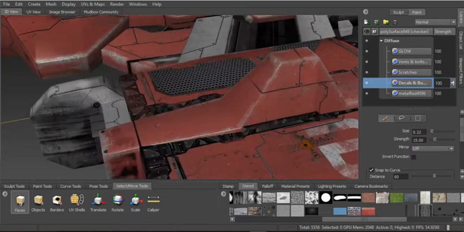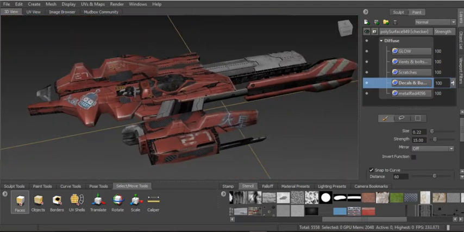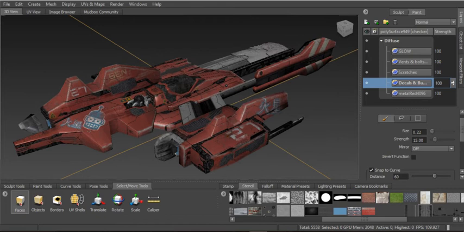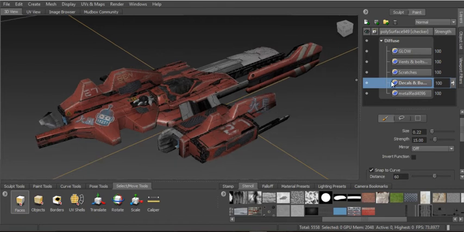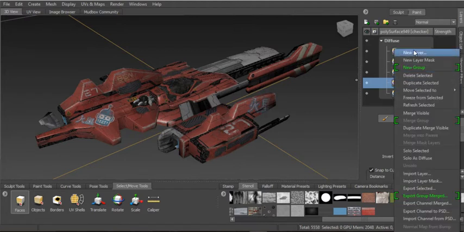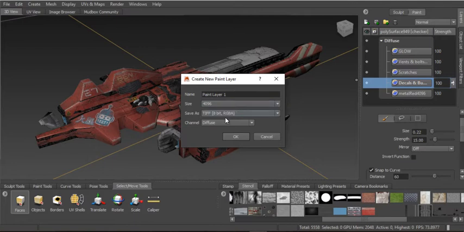So in Mudbox, just to get this ready as a bump map, all you have to do is right click in an empty area down here. At the moment everything is a diffuse layer, which is just a standard way that an image presents itself. So we're going to right click in this empty area under here and go to new layer, and instead of the standard diffuse layer we're going to choose a bump map. I'm going to name it bump as well,